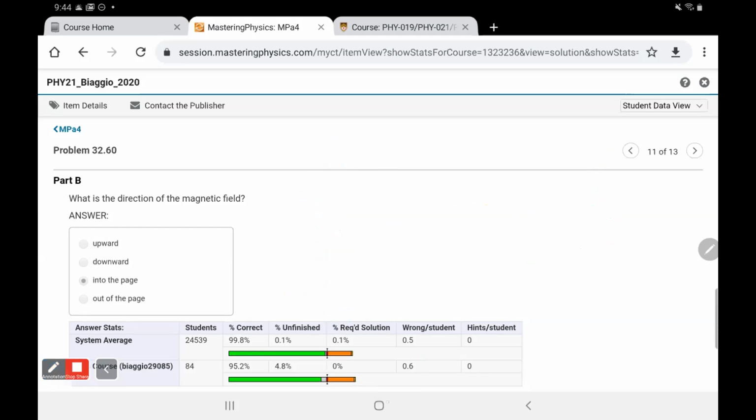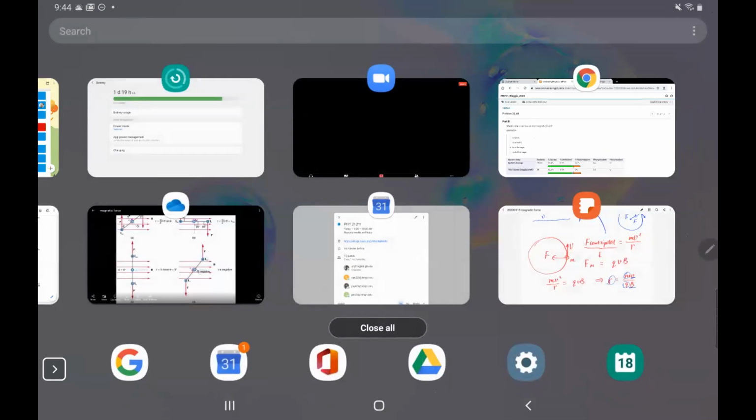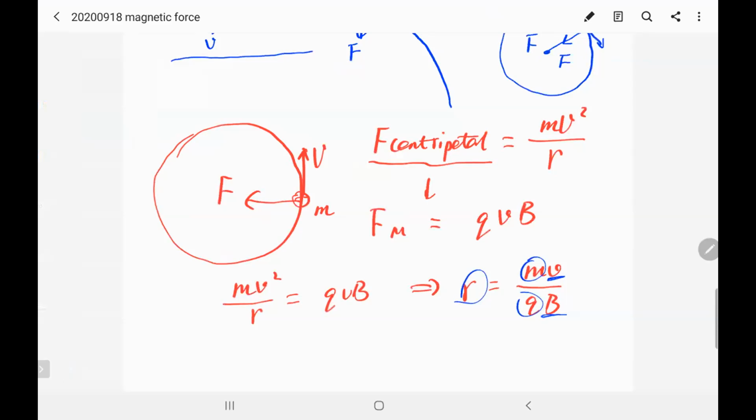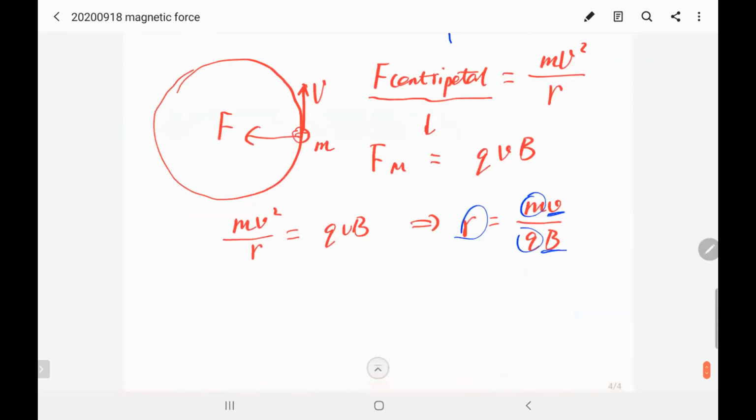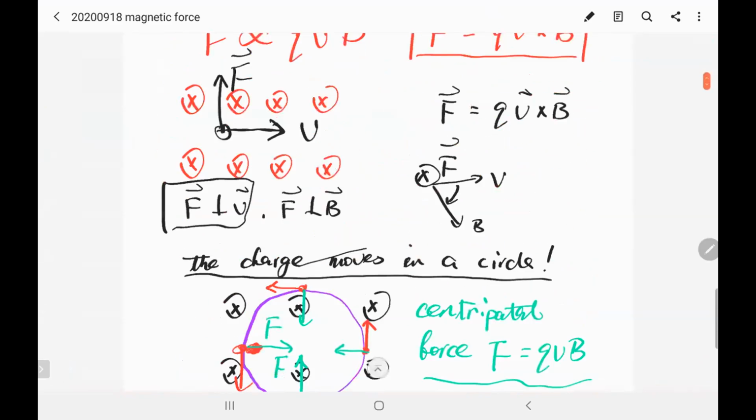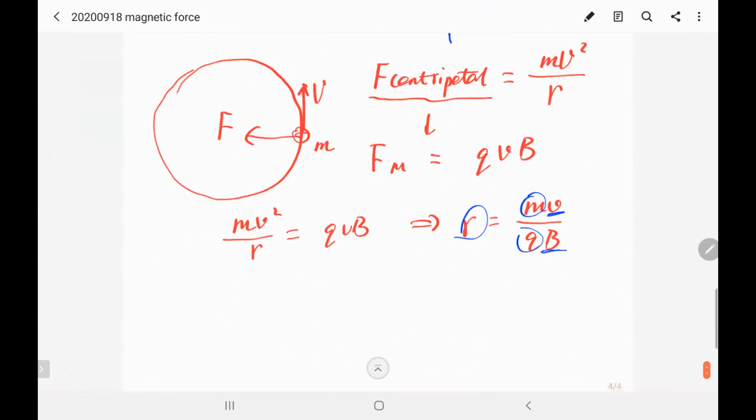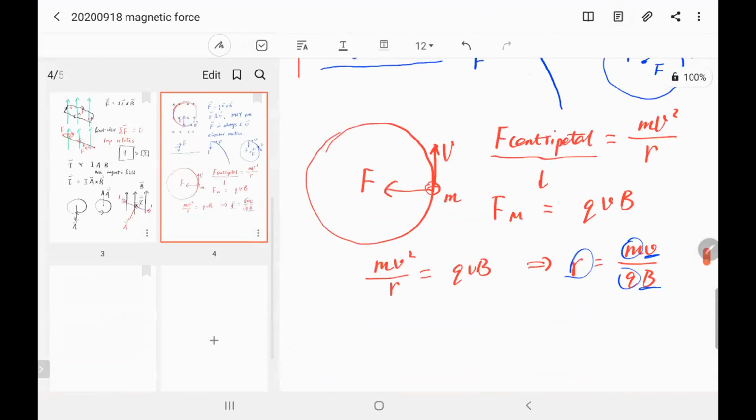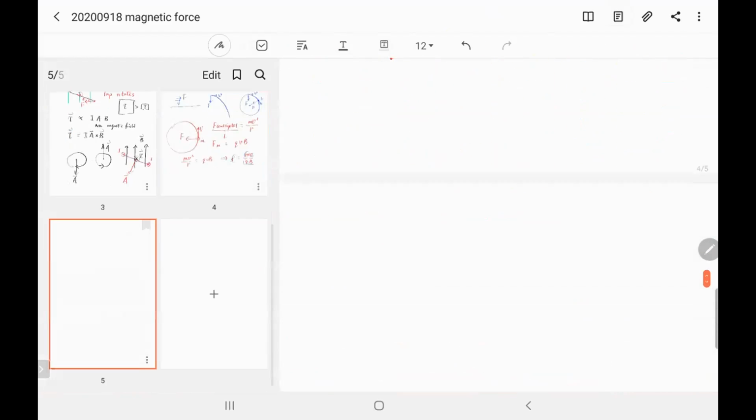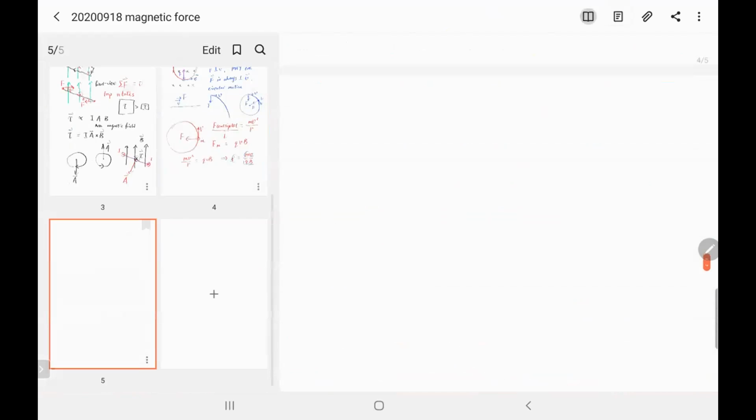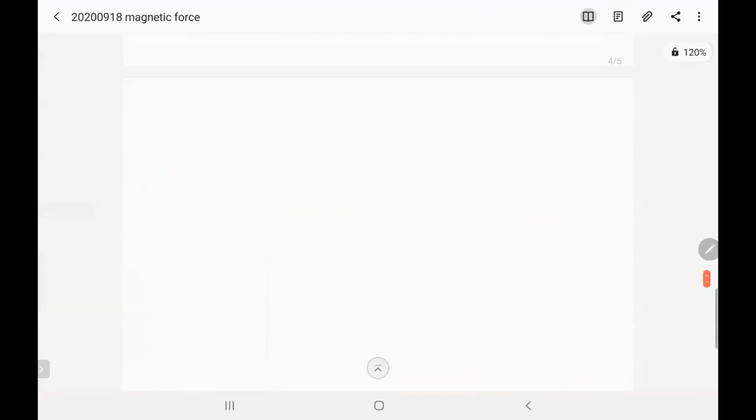Okay, and then let's talk about the current in the magnetic field. Just now we talked about the charge in the magnetic field. Now, let's talk about